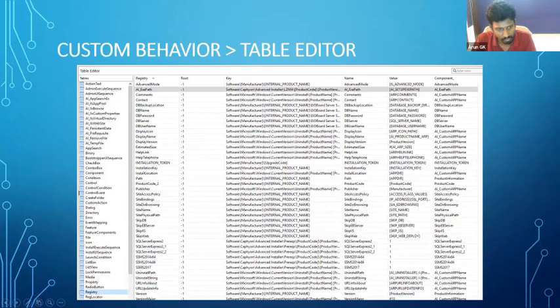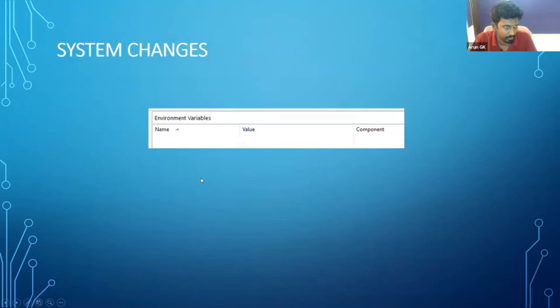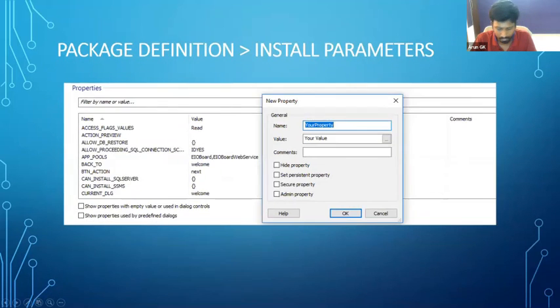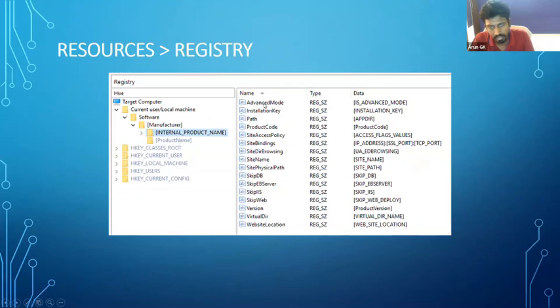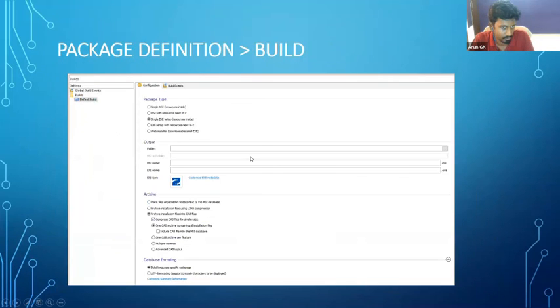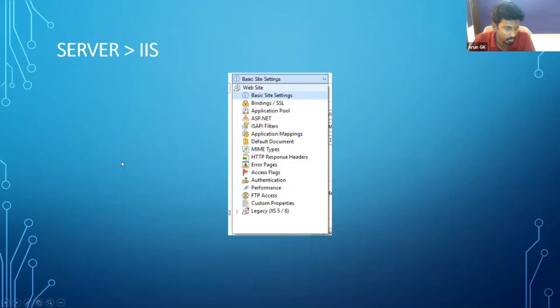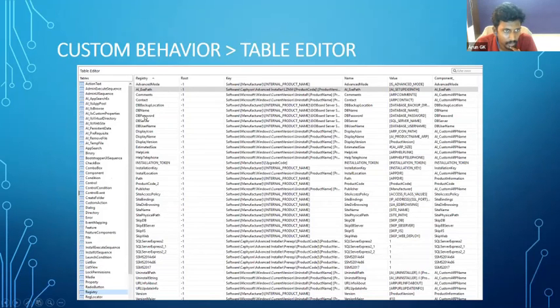In the registry, we have this many values we are storing, explicitly as well as by advanced installer also. Explicitly means whatever is added under the registry here. Here, whatever registry key we added under the resources, you can check it here also. Okay, like DB name, DB password, like that.